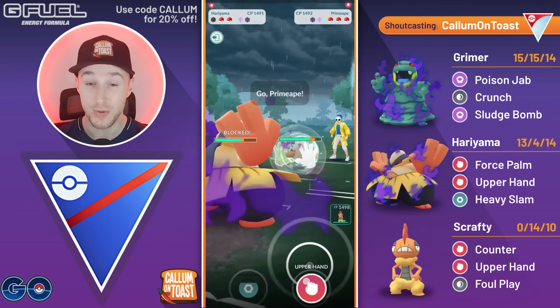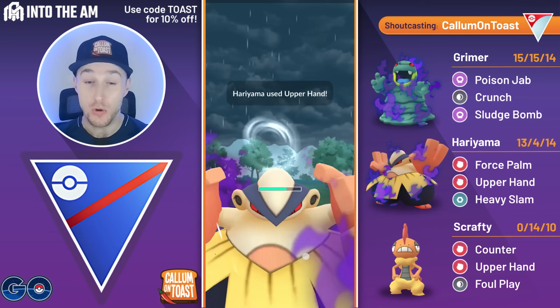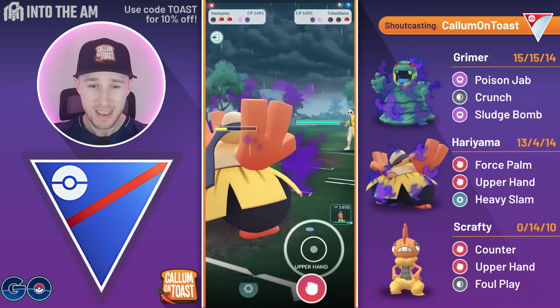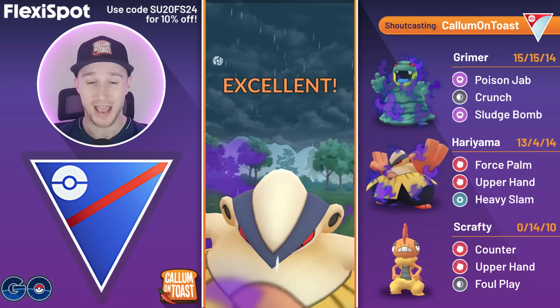But they swap into a Primate. I'm going straight for Upper Hand here. And Upper Hand is going to not be respected. It gets the one shot. They come back in with the Talonflame, and they don't reach a charge move either. Not really sure what's going on here, but they come in with their final Pokemon, a Guzzlord, and that's absolutely